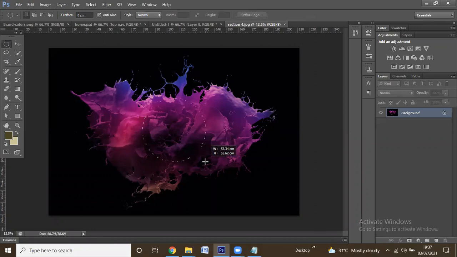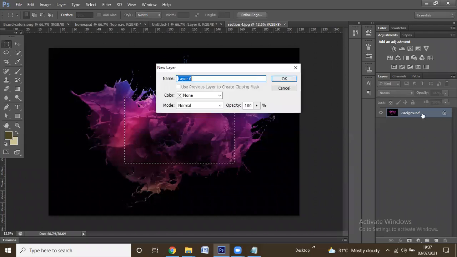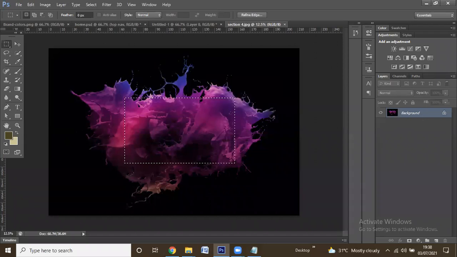For example, I have used rectangular marquee. So it was chosen at the background. Am I right? My marquee has selected at the background layer.